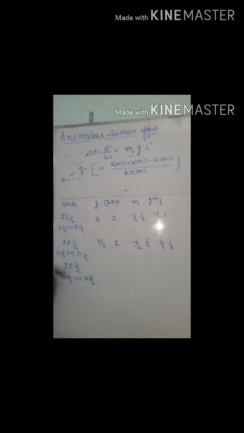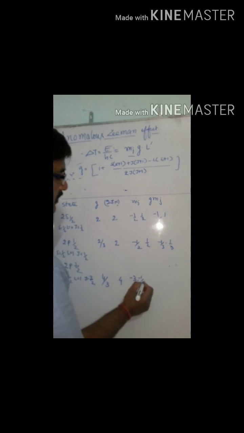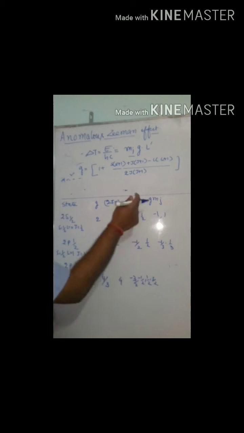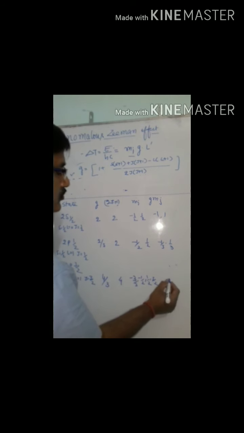Right? In case of this, here it is 4 by 3. If you put the values, you will get G as 4 by 3. The G factor comes out to be 4 by 3. And 2j plus 1 is 2 into 3 by 2 plus 1, that comes out to be 4. So 4 means, here Mj values are minus 3 by 2, minus 1 by 2, 1 by 2 and 3 by 2. Right? These are the 4 values of Mj. And G Mj will be equal to how much? See here, 3 by 2, 3 cancelled, that is minus 2, right?